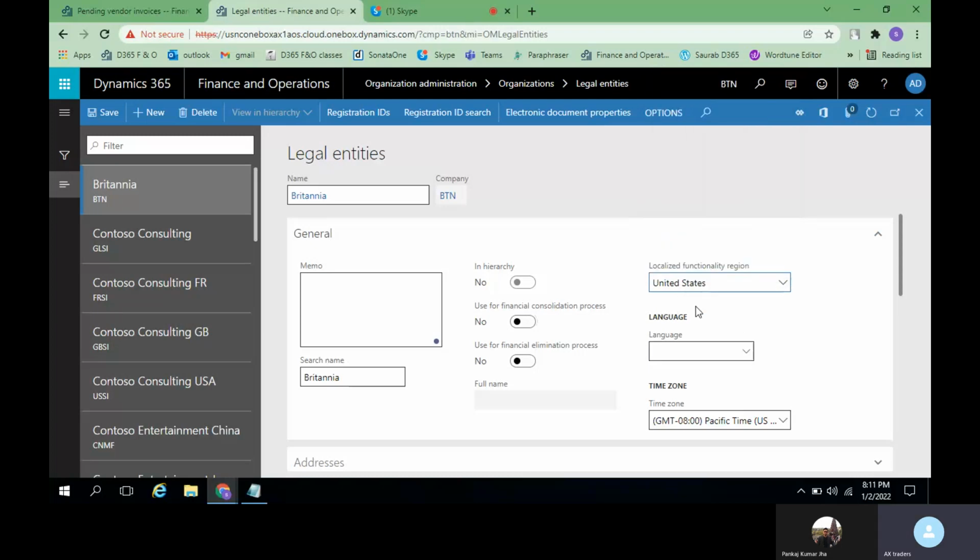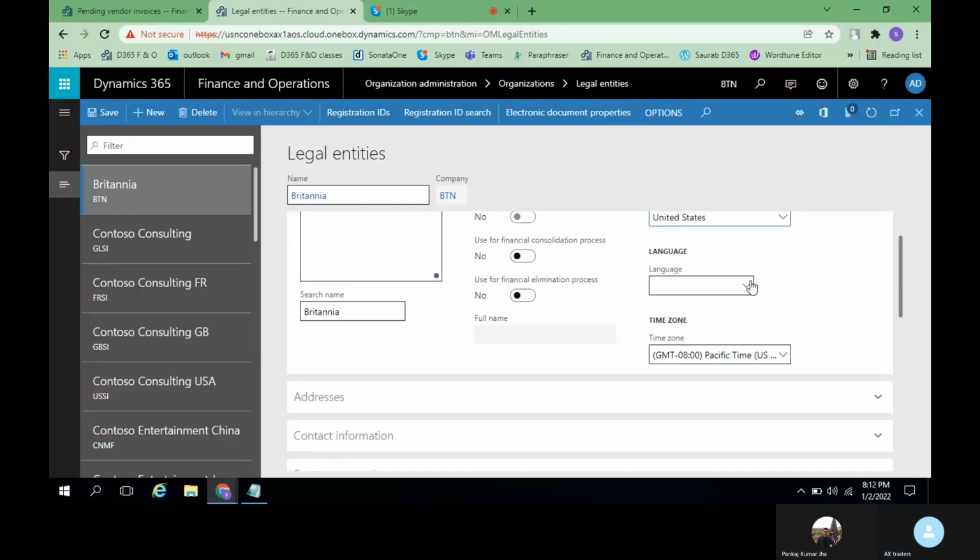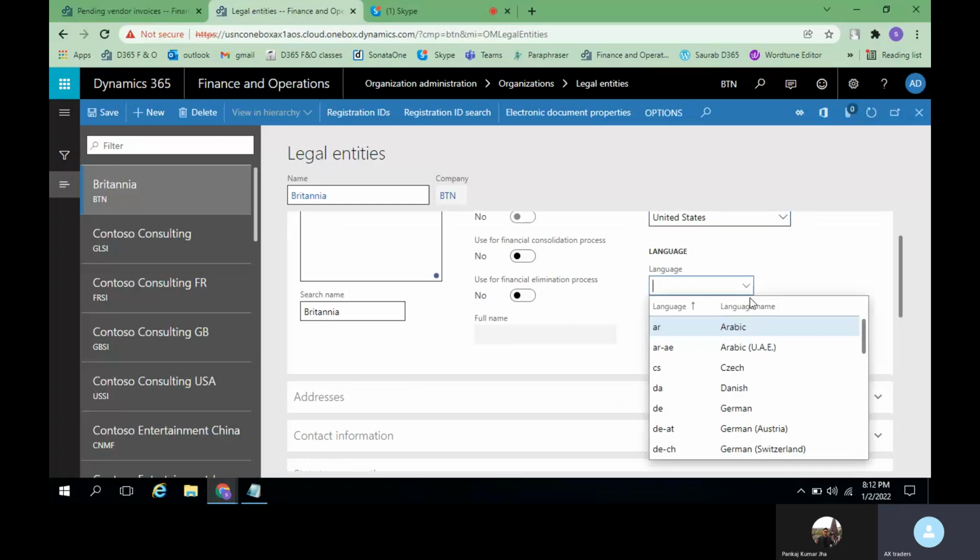If you select this USA, as I told, all components of the company, like accounts payable, tax, or all these modules will get added as per the USA, because every country will have their own rules and regulations, right? Since Dynamics 365 has all country features, by default it will select in the backend itself.